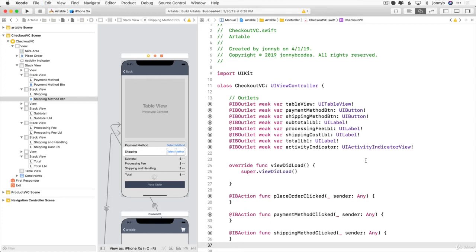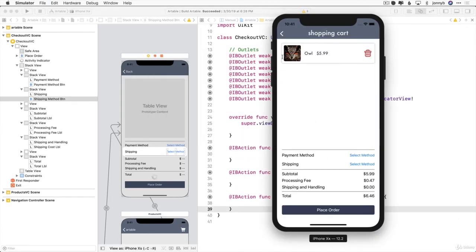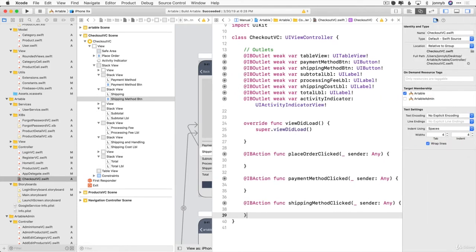All right, that's looking pretty good. All right, next up, let's go ahead and work on the shopping cart cell. To do that, I'm going to open our right and left hand panels, go back to